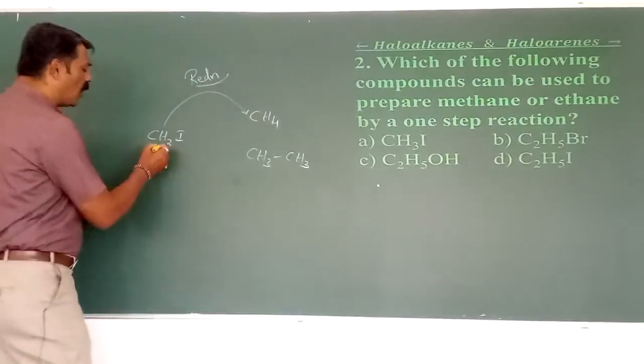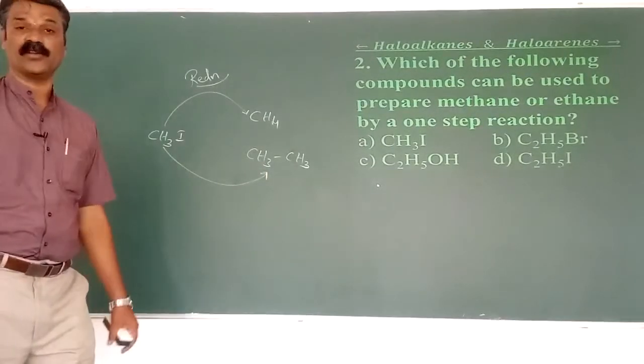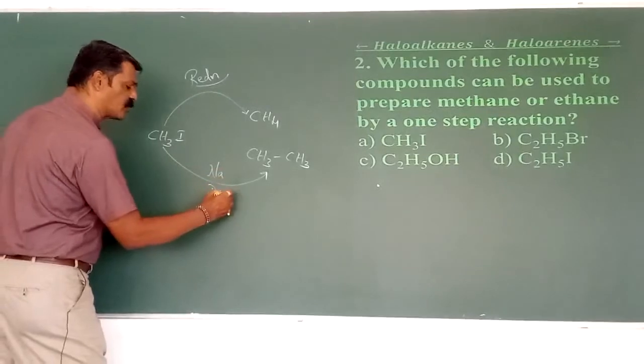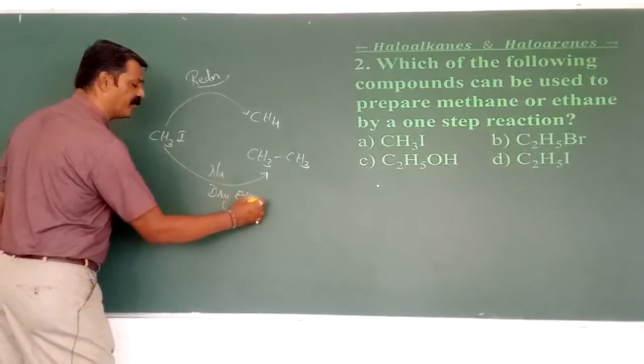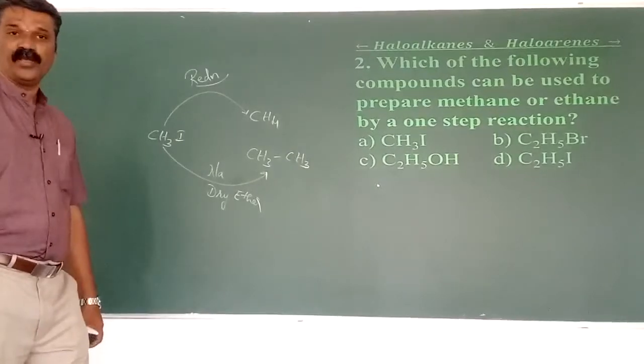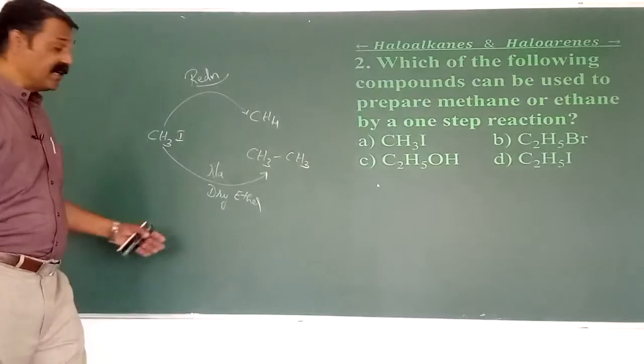Then how is ethane done? It's a well-known named reaction. What is that called? When this haloalkane, methyl iodide, is made to react with sodium in presence of dry ether, usually we use 2 molecules. If I take 1, I am getting the 2. If I take 2, I am getting the 4. It is indirectly the